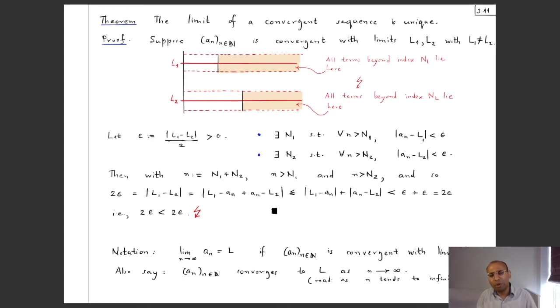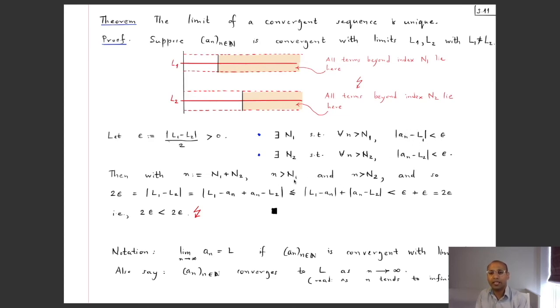Now the mod of any number is the same as the mod of minus that number, because minus that number is just minus 1 times that number. If we call that number x, mod of minus x is mod of minus 1 times mod x. Mod of minus 1 is 1, and so mod minus x is the same as mod x. So the mod of L1 minus a_n is the same as mod a_n minus L1, which we know